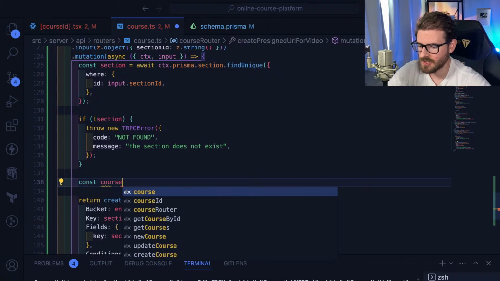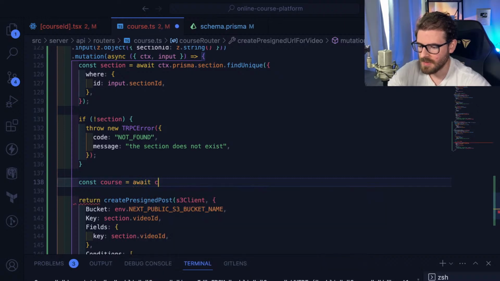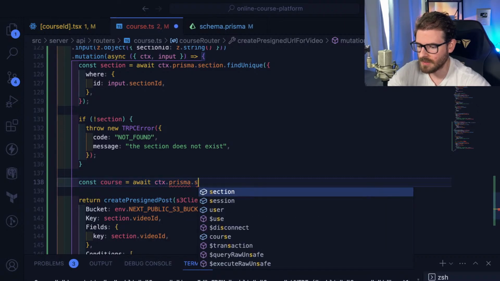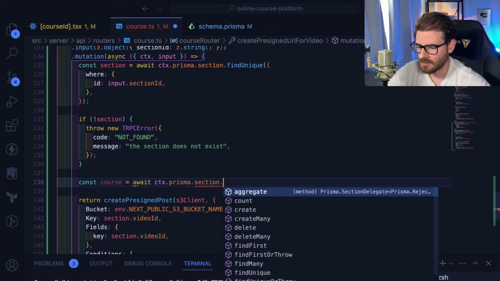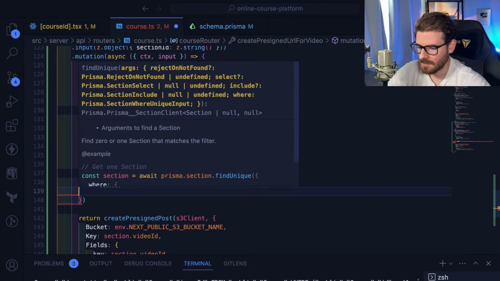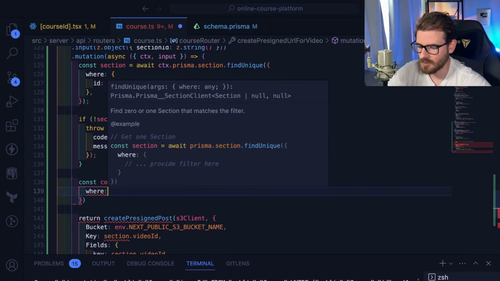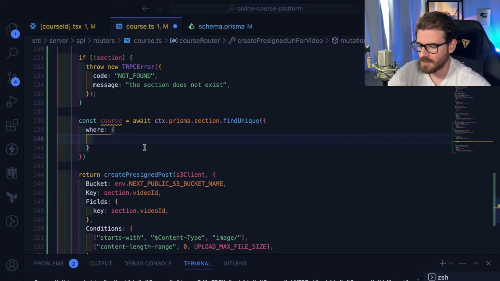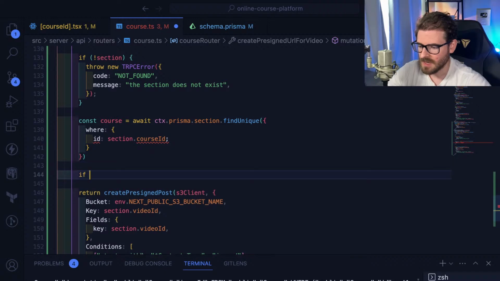I think I might actually fetch the course as well, because I want to make sure that no one can just randomly overwrite sections. This might be over engineering at this point, but I guess better safe than sorry, right? So I want to grab the ID where section has a course ID, and we want to say if the course, I mean the course would be defined. If the course dot user ID,